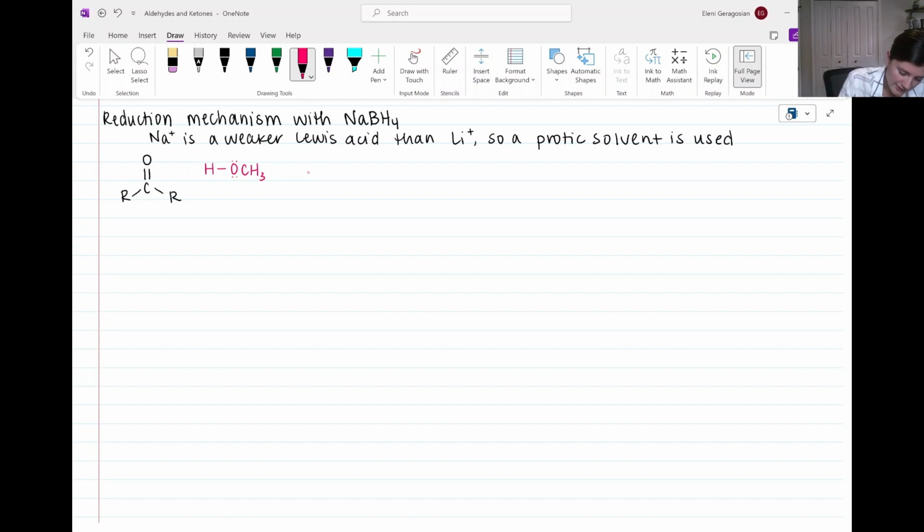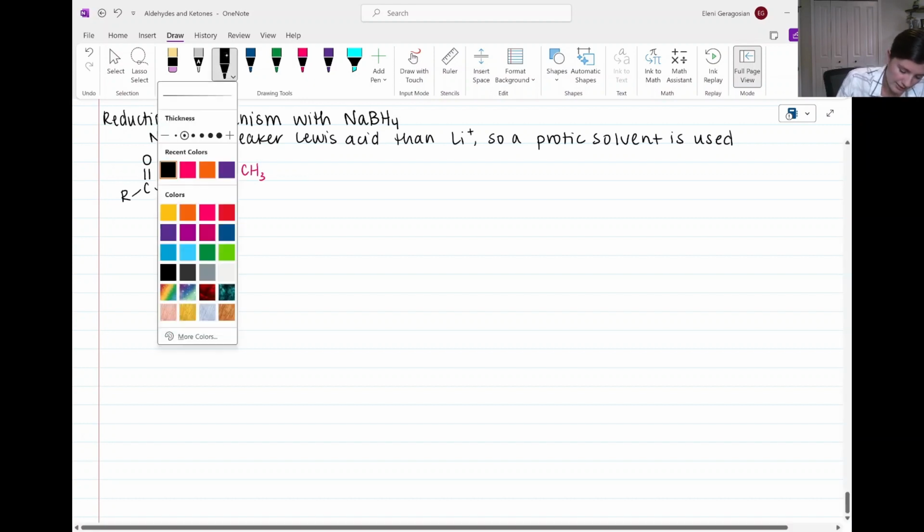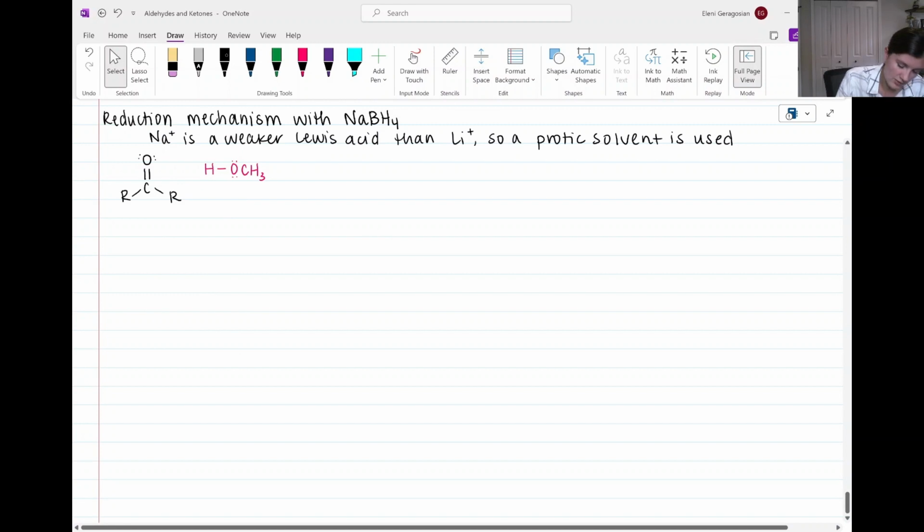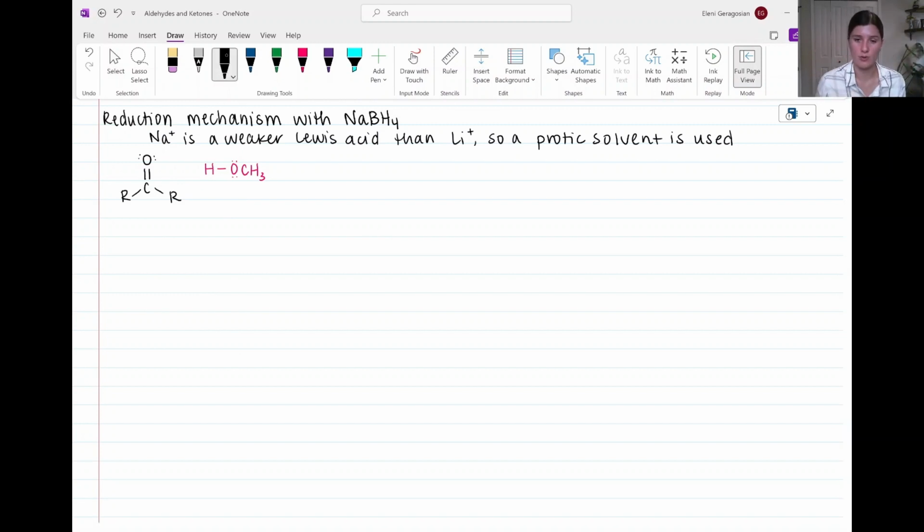We talked about how aldehydes and ketones, that carbonyl oxygen, can accept hydrogen bonding interactions from a hydrogen bonding donor molecule. A protic solvent is a hydrogen bonding donor molecule, so we have a hydrogen bonding interaction between the hydrogen in the solvent and the oxygen in the carbonyl. So this H bond interaction here